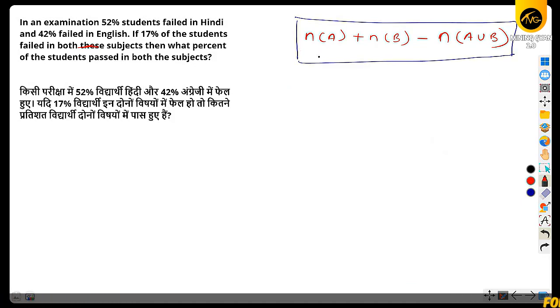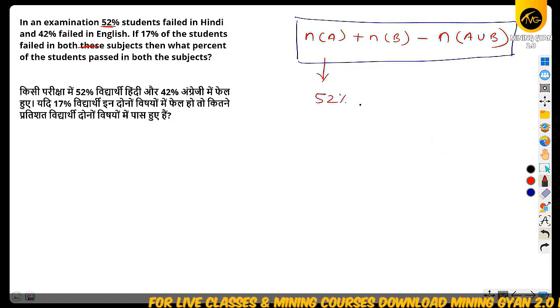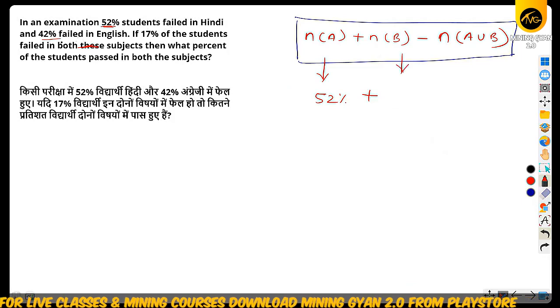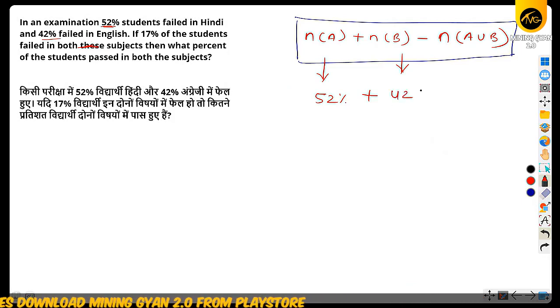Now, what is NA? So, union A, basically, this is the first percentage. In an examination, 52% of students failed in Hindi. So A is 52% failed in Hindi, and 42% failed in English. So B is the union, the failed percentage in English, that will be 42. Now, minus, if 17% of the students failed in both, so A union B, it means